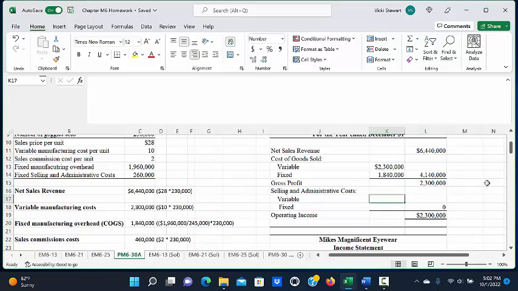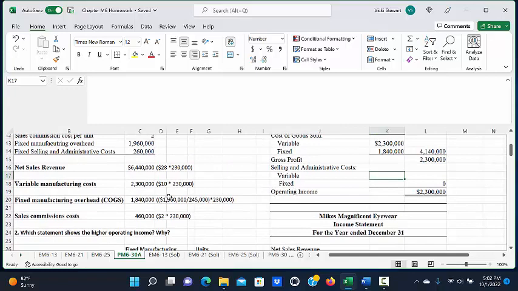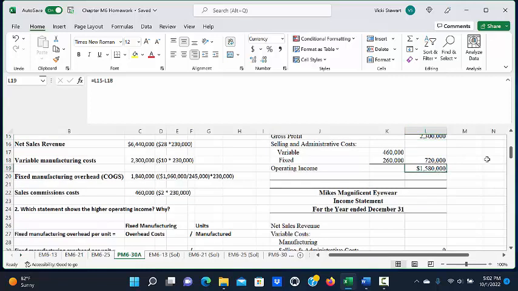Subtracting that amount from net sales revenue gives us gross profit of $2,300,000. Next, we're going to subtract our selling and administrative costs. The variable selling and administrative cost is equal to $2 sales commission per unit times the number of units sold, 230,000, or $460,000 of variable selling and administrative cost, and the fixed amount was $260,000. So our total selling and administrative costs were $720,000, which, when we subtract that from gross profit, gave us operating income of